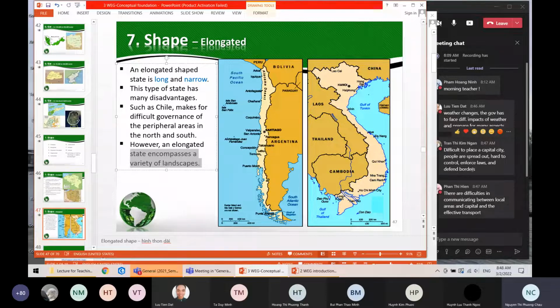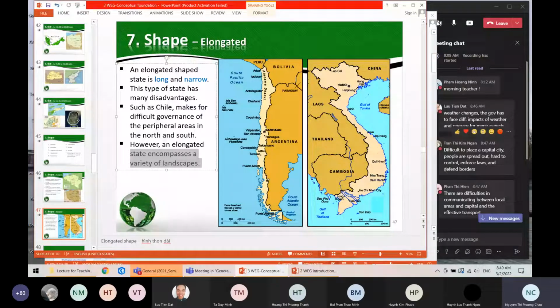Enforce law. What is enforce law? Enforce law is like the policy created by the central government and applied to the whole nation, right? But because of the far distance, the government policy cannot work, or something that is like difficult to enforce law, or something like that.